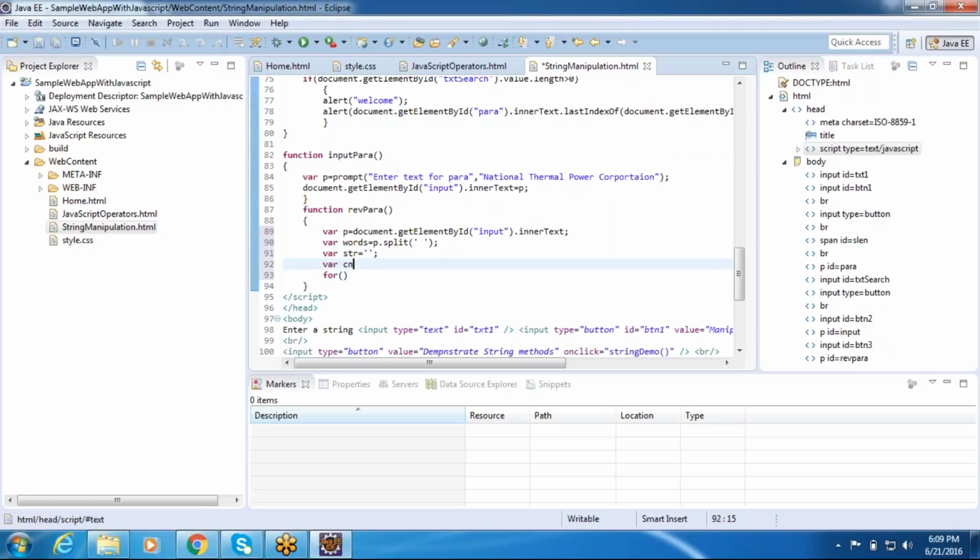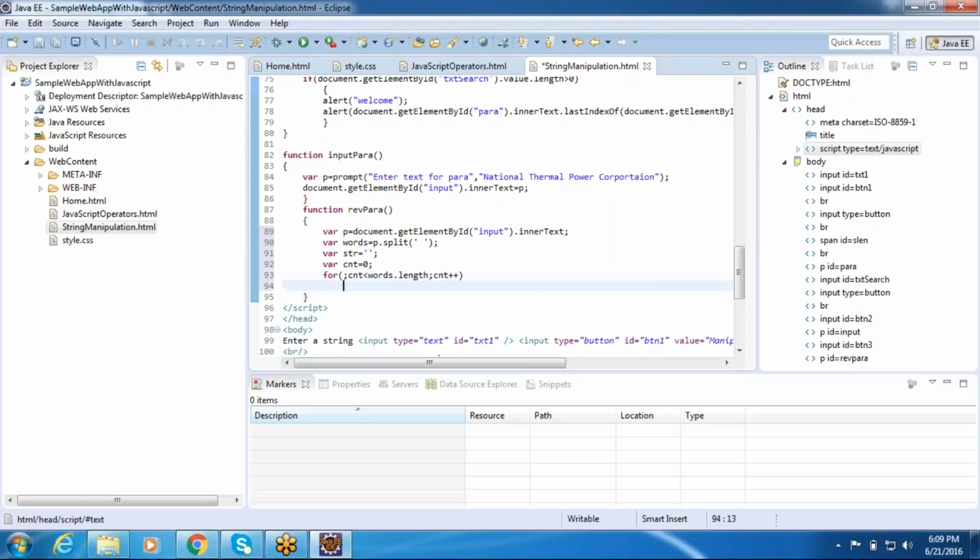Next, right here for loop, var cnt equals 0. So we come to for loop here, then cnt less than words dot length. There is nothing but array for us. Words dot length. Then here cnt plus plus. Then after that we form here str. But here cnt should be from reverse, should not be from beginning. So or else you can do like this. Instead of using this one, what I can do, I can take normal array itself, words dot length